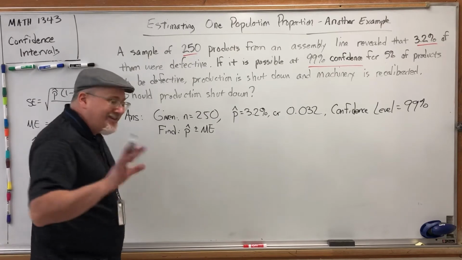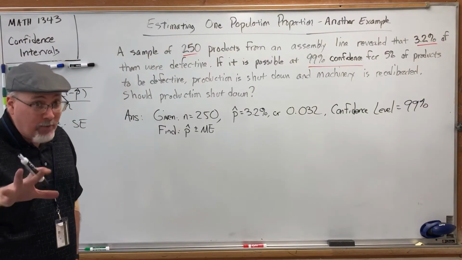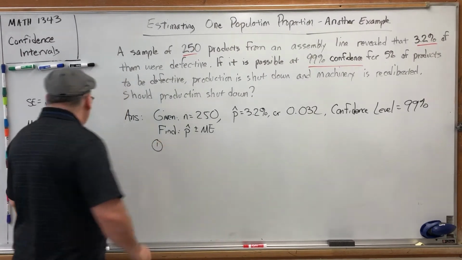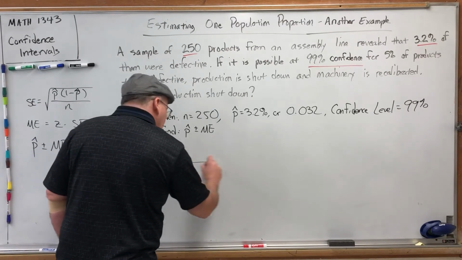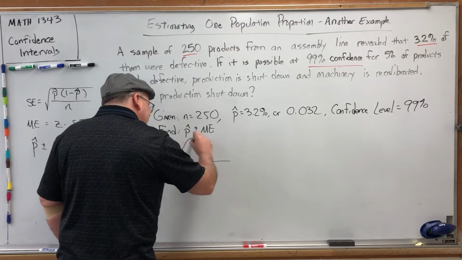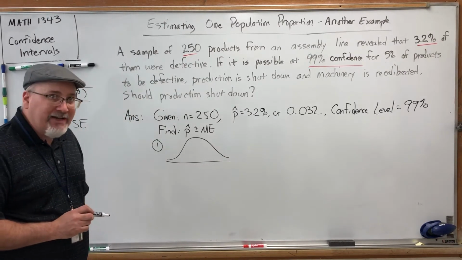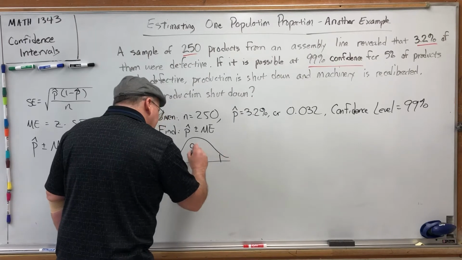And by the way, as a test question in my class, what I'm about to write is exactly what I would want to see on a test. Step number 1, we need to find the z, which means we need to use the confidence level. As a test question in my class, I would explicitly say sketch the bell curve representing the confidence level. So bell curve, 99% in the middle,